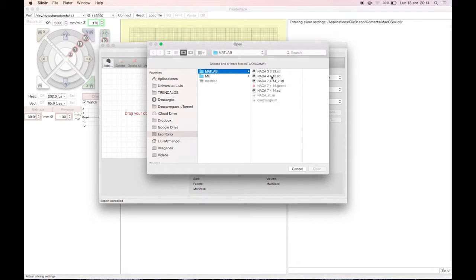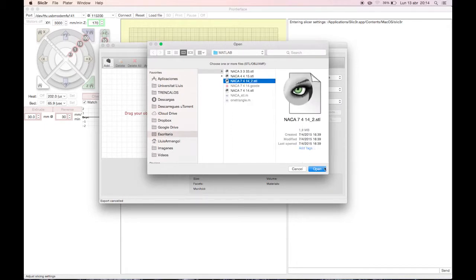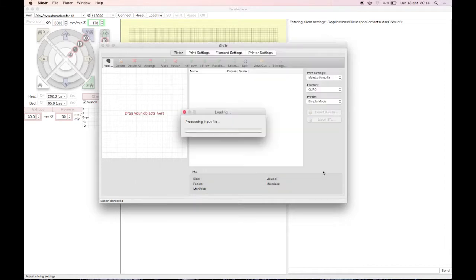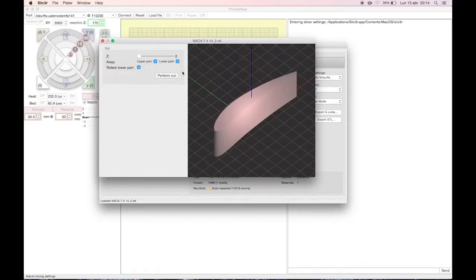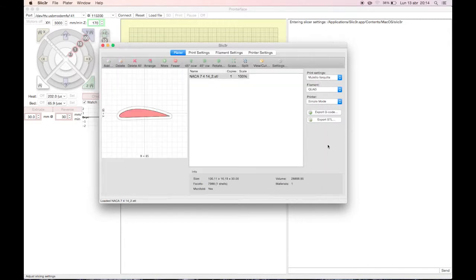We are going to open a variation of the airfoil, which has a higher definition. We can see here the airfoil and the multiple layers which are going to be created. And we just set it to export as a G-code.